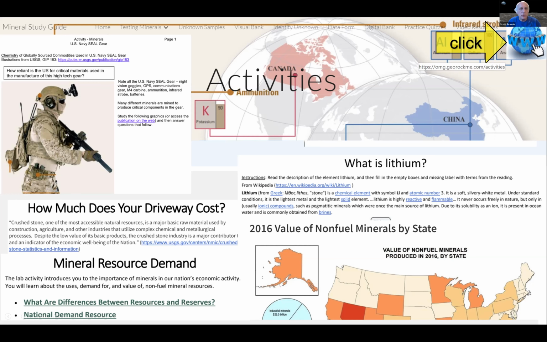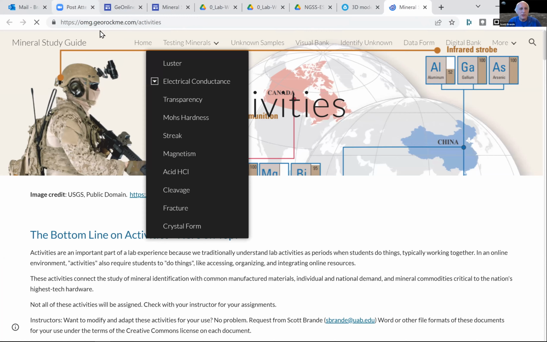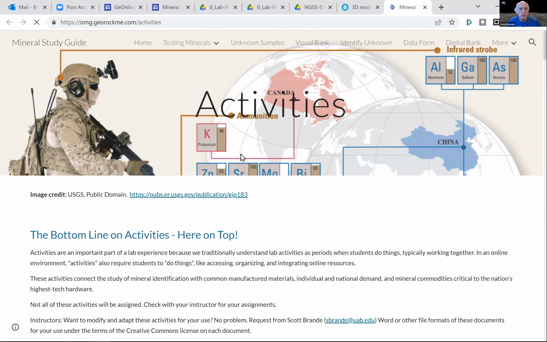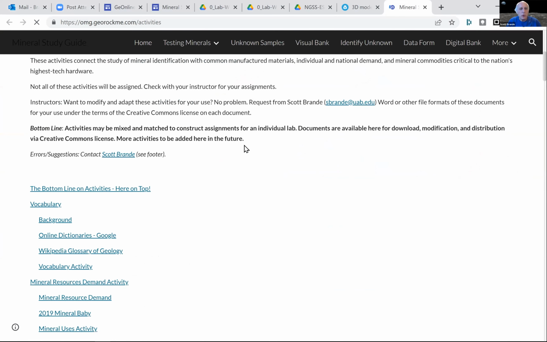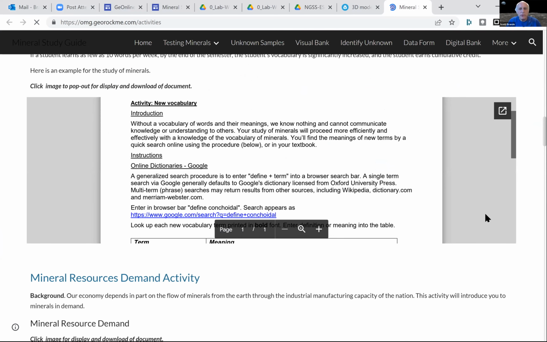These are hyperlinks directly to that section. So let's see if this works. Oh, it does work. Fantastic. So here is the web page at my website. This is on omg.georockme.com. And I've got the website set up on the page so that as you scroll down, you can see